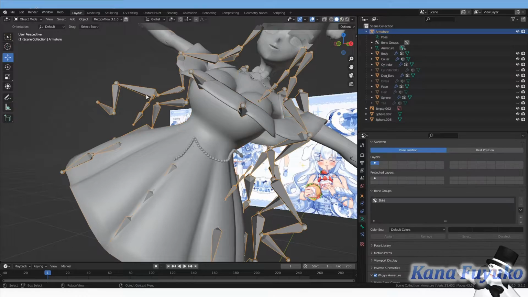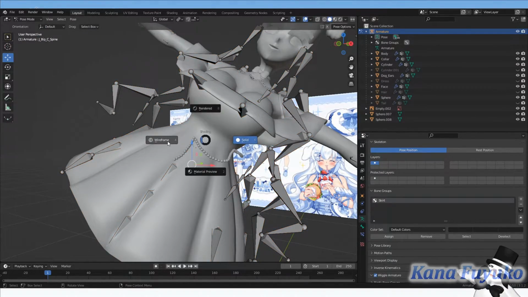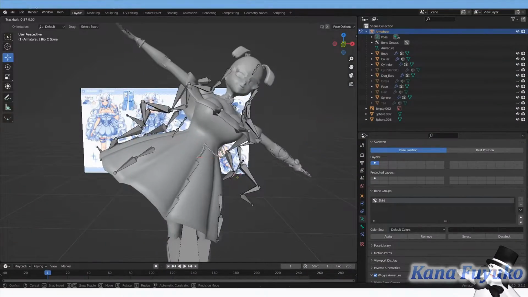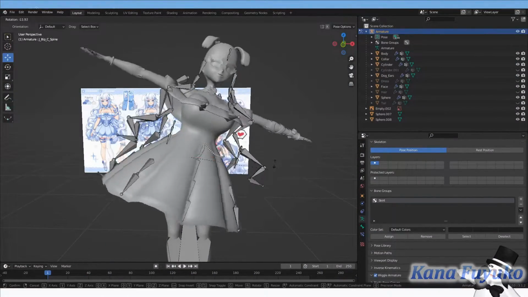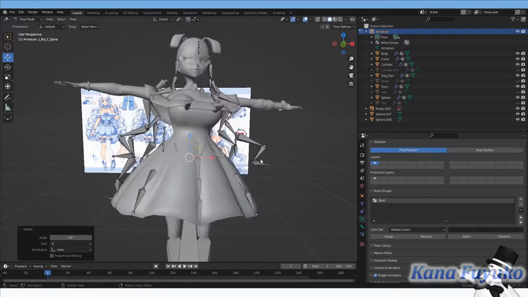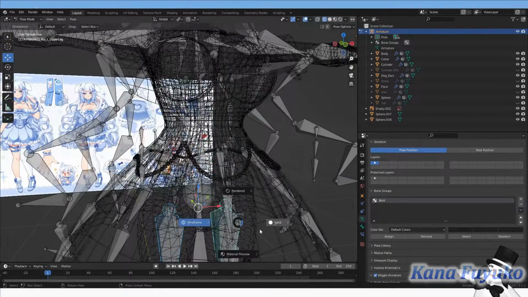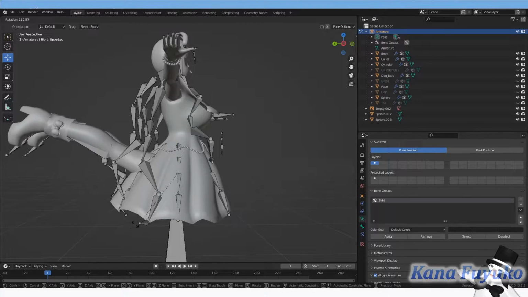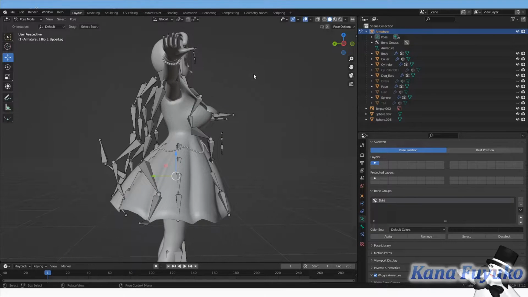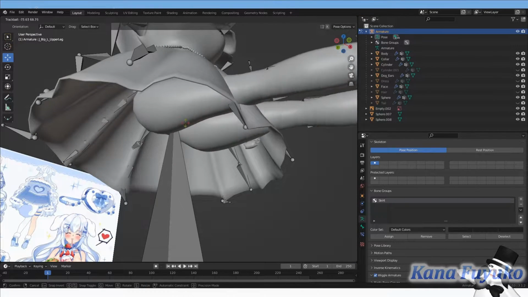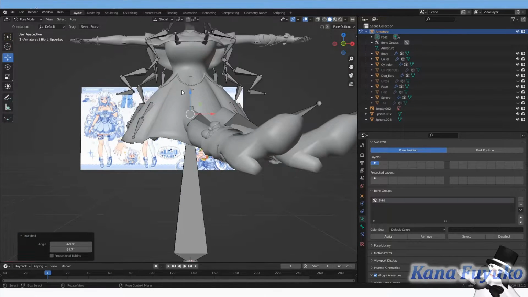Now we're going to go ahead and test it again. Move it around to make sure it's all looking good. Make sure to also double check and move the leg so nothing got caught up in there. Because in case you're wondering how you get the legs not to clip into the skirt, you'll be using